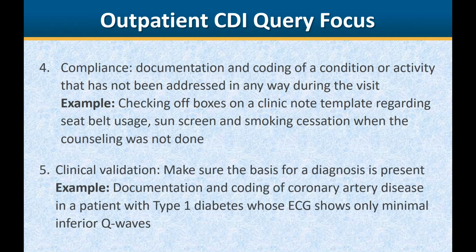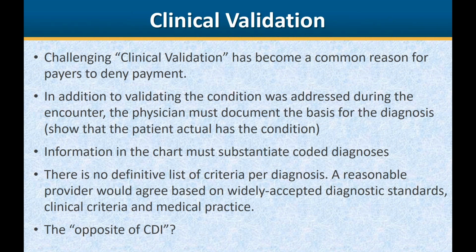And then my least favorite topic on the planet, which is clinical validation and making sure that the diagnosis is indeed present. For example, there might be something mentioned about coronary artery disease. Just because an EKG showed minimal inferior Q waves, that could be a normal finding. The EKG might say, consider old inferior myocardial infarction, and somebody slaps a designation of CAD on the chart, and that gets carried forward, and one needs to be careful about that. So clinical validation, and by the way, I'm going to pause after this slide, so Karen, see if you've got something ready for me. But on the clinical validation side,